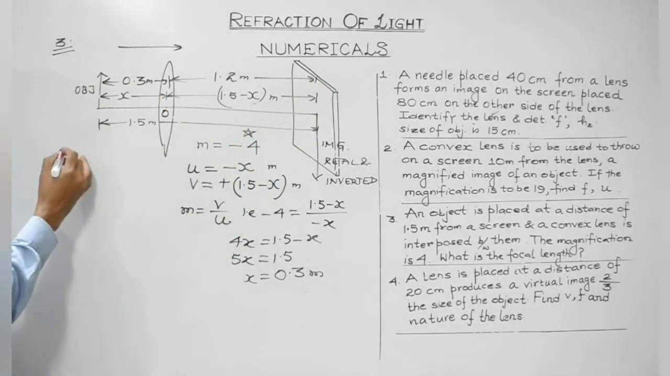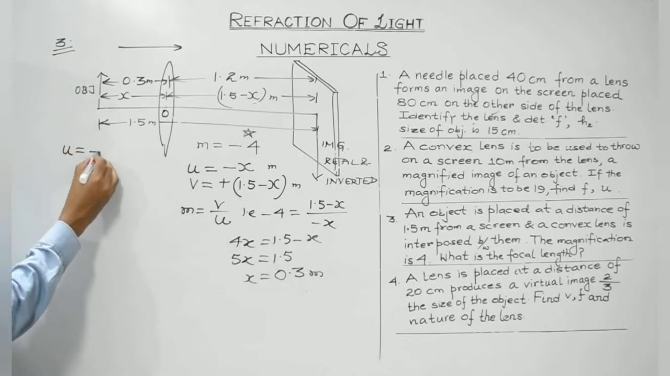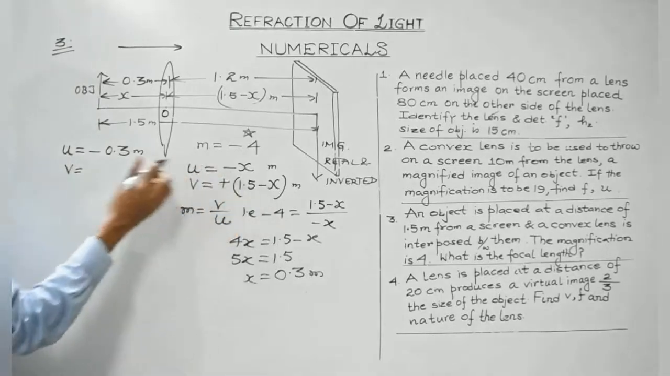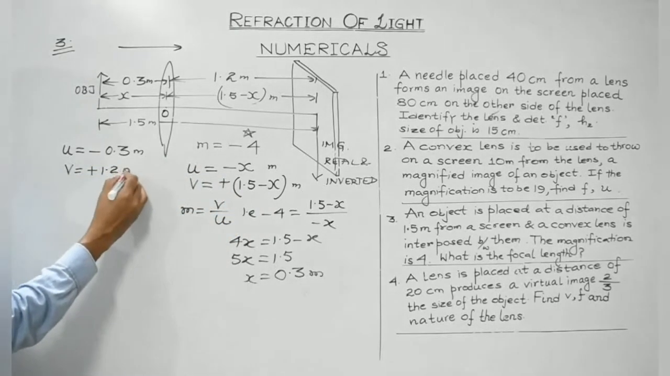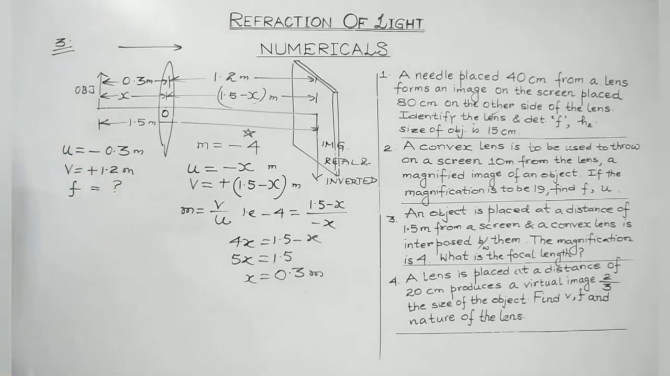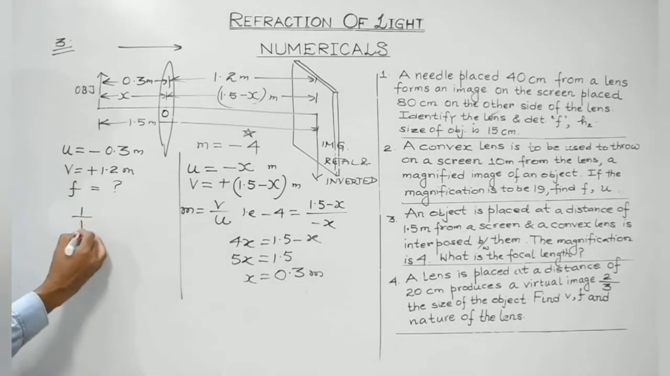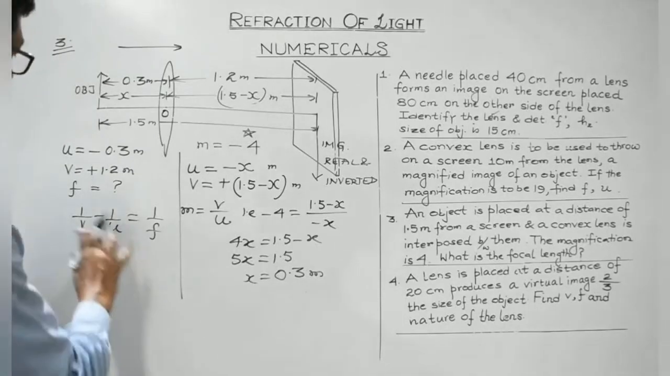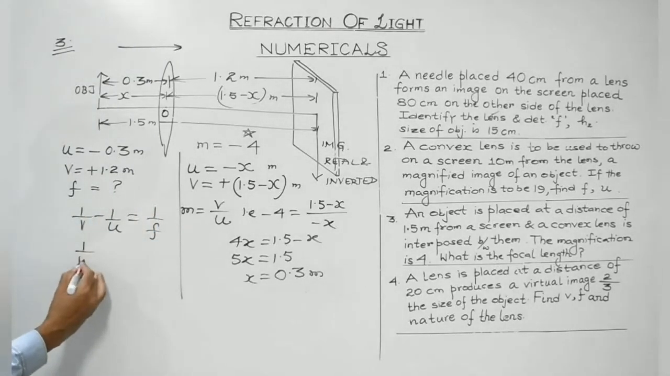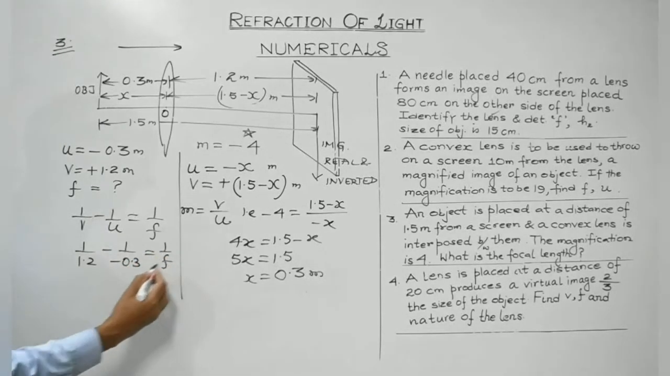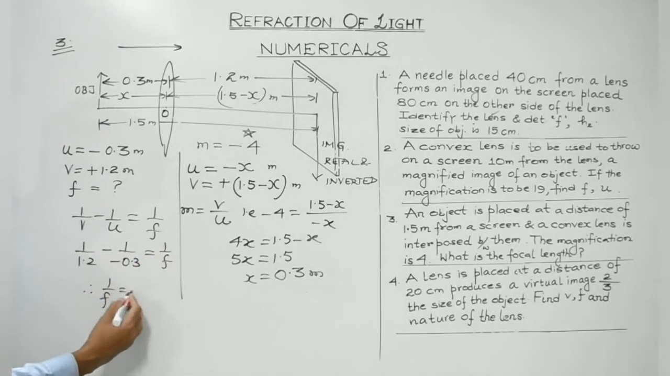So, what we have done is, u has been obtained. It is minus 0.3. v is obtained. It is plus 1.2 meter. Now, f is to be found. So, we know the relationship in these three. Let's make use of lens equation. So, it is 1 by v minus 1 by u is equal to 1 by f. So, let's try to evaluate it. 1 by 1.2 minus 1 by minus 0.3 is equal to 1 by f. Therefore, 1 by f, it will be equal to,